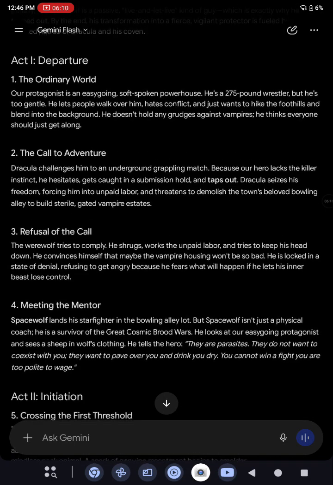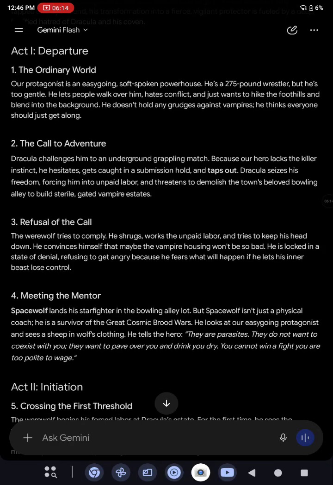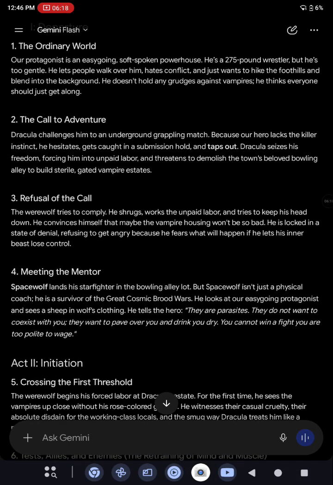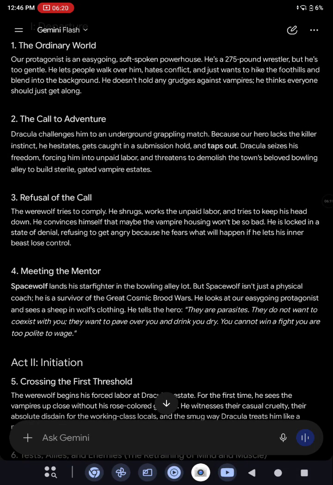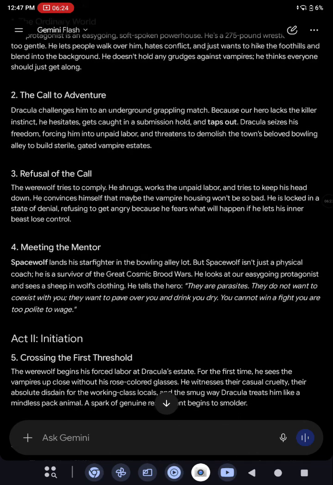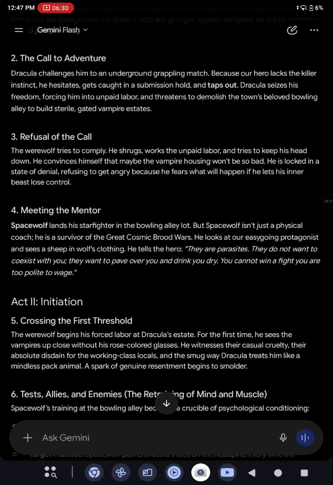But initially, he's a 275-pound wrestler, but he's too gentle. He lets people walk all over him, hates conflict, he just wants to hike the foothills and blend into the background. He doesn't hold any grudges against vampires. He thinks everyone should just get along. And it doesn't always work.